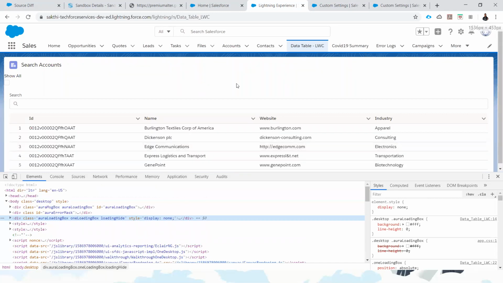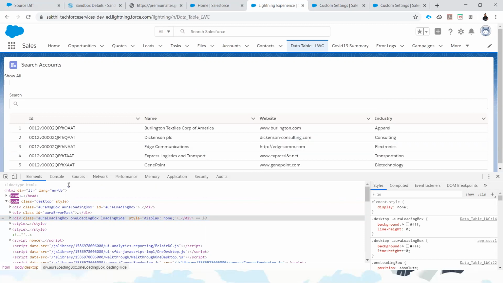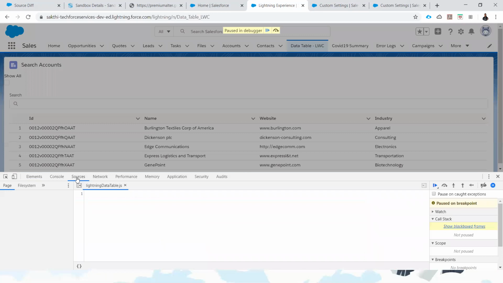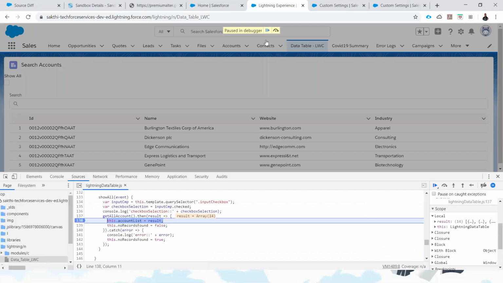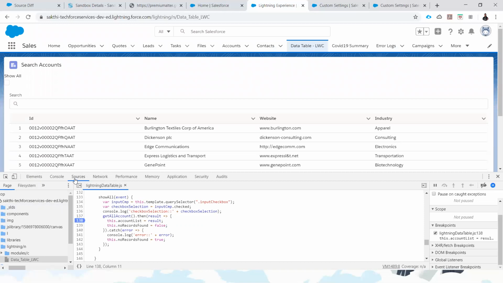Basically what I did was right-click and select Inspect, or you can press Control Shift I, and this panel will come up over here. If you select the Sources tab, you will see all the Lightning or Aura components.